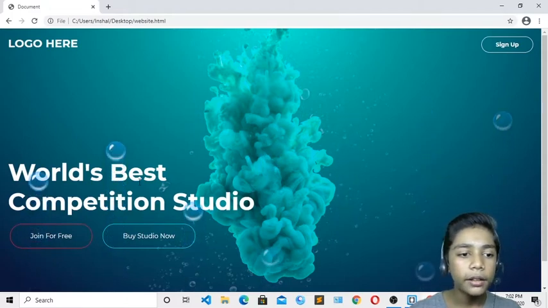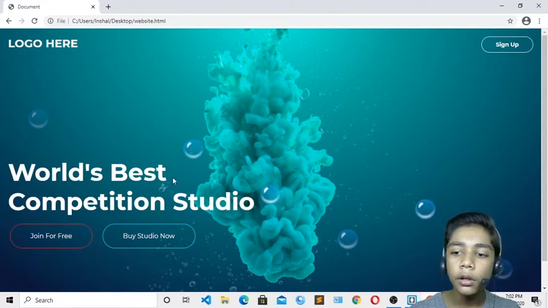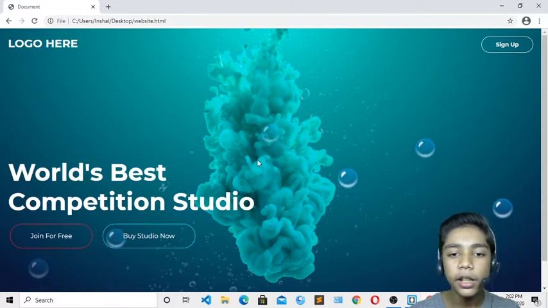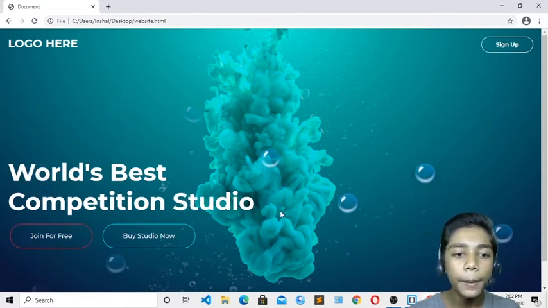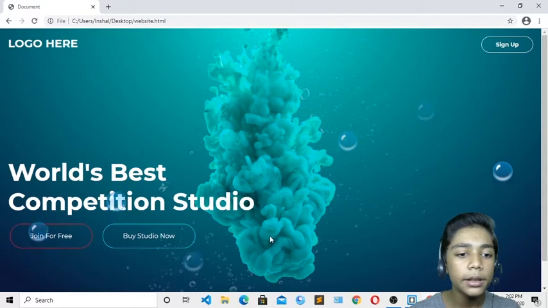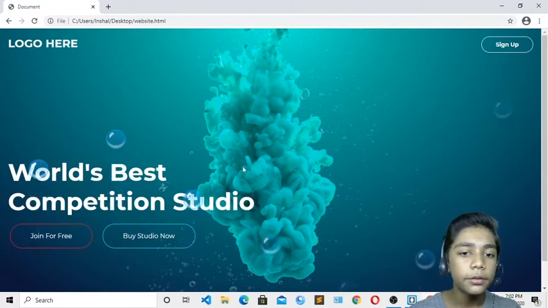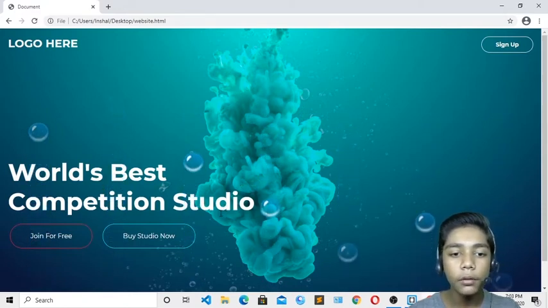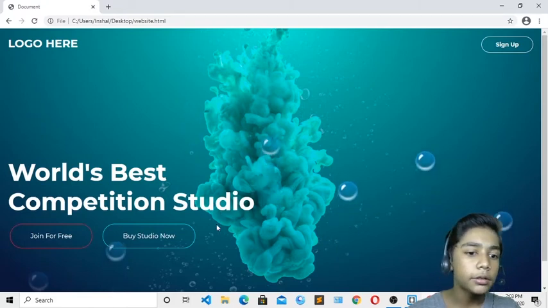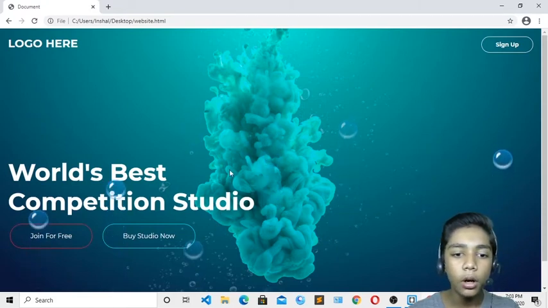Like that, you can add more animations, like I have added animation in the background of your image, like bubbles. When the bubble is coming, the opacity is 0, then when it comes to the center the opacity is 1, then when it is going at the end it is 0. In the first and in the last keyframe we have written opacity 0 over here, so because of that it is doing this. Here you can see how beautiful it is looking.